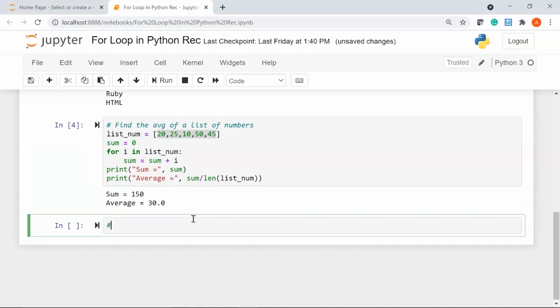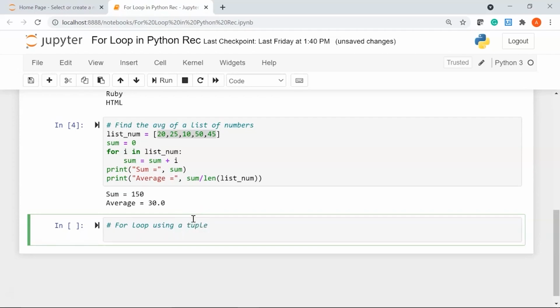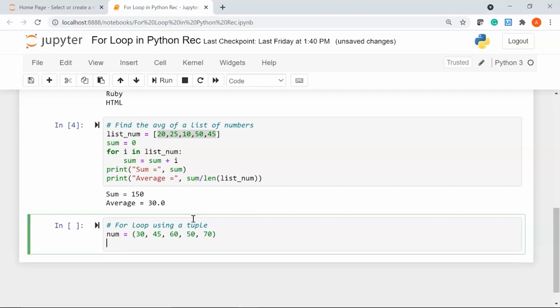Now let's see how you can use a for loop using a tuple. So let's declare a variable called num. This is going to be a tuple of numbers and we have 30, 45, 60, 50 and let's say 70 as the numbers inside the tuple.